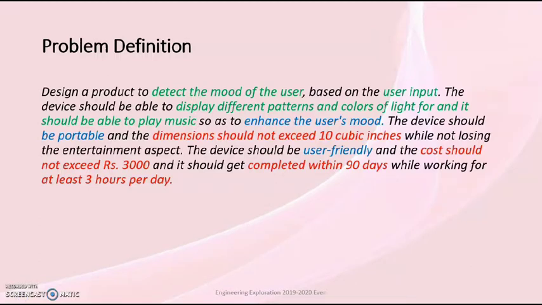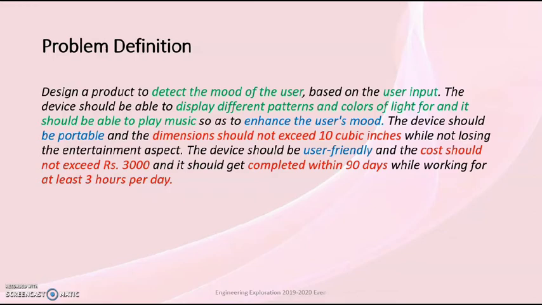We followed a five-phase engineering design process for this project. They will be explained step by step as we go through them. The first one is problem definition. Problem definition is the statement that defines the whole project briefly. It consists of objectives, functions, and constraints of our project.